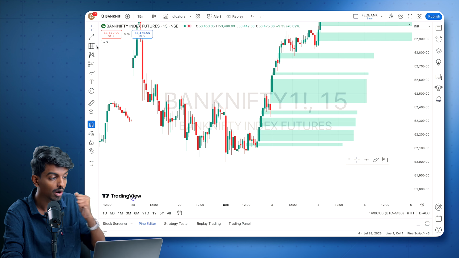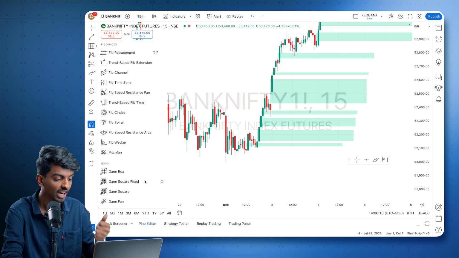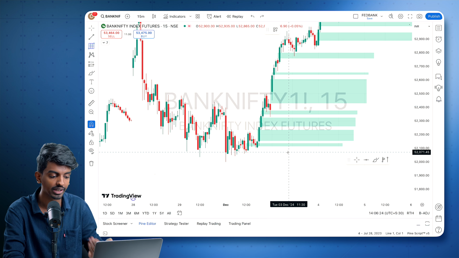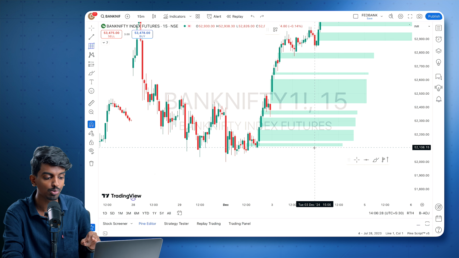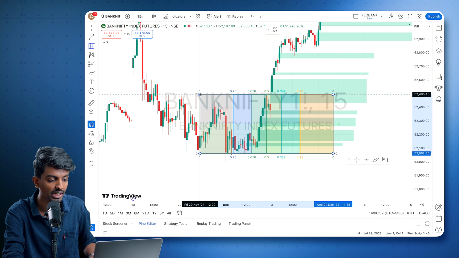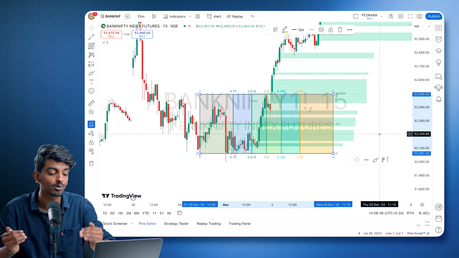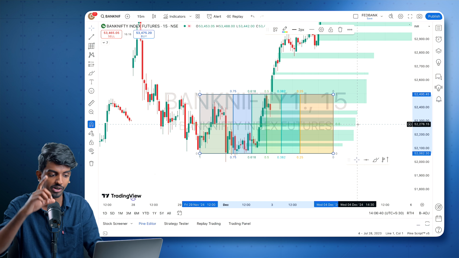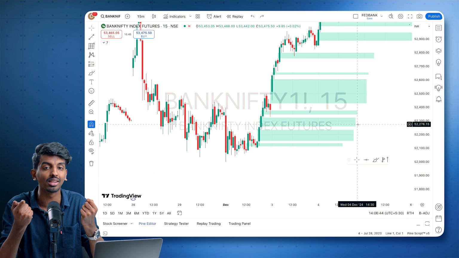First, you can come here onto the left side of TradingView and go to Fibonacci. You can either take the Gann box or the Fibonacci retracement tool, whichever is easier for you. You have to plot the swing low to the swing high, and from here you have to understand whatever fair value gaps are falling below the 0.5 mark. Below the 0.5 mark, or below half of the rally that has happened,